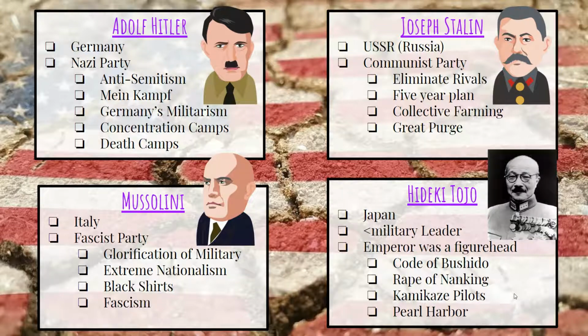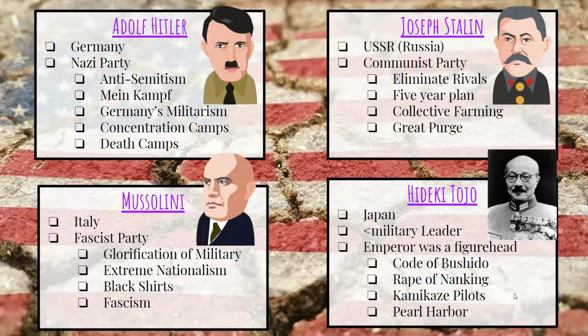You're going to research and create your dictator poster or slide deck. Joseph Stalin, here are the major topics you need to know. His country is known as Russia, but you have to understand, Russia at this time completely changed their name to the USSR. They are a communist party. He wants to eliminate rivals. He has a 5-year plan to try to make Russia an industrialized nation rather than focusing on agriculture. He believes in collective farming. So we're going to have as many people living on that farm as possible, and we're all going to share the resources.